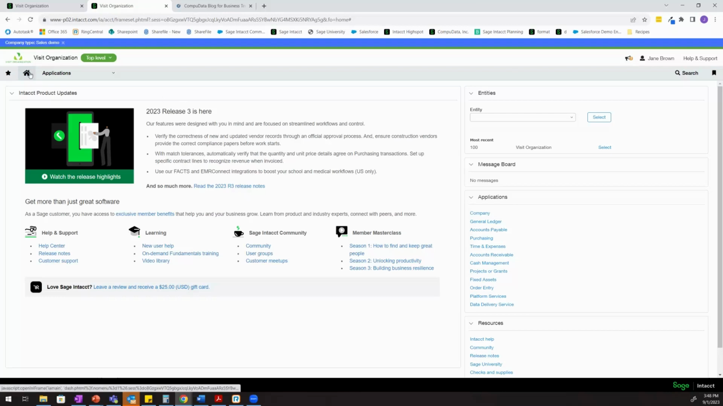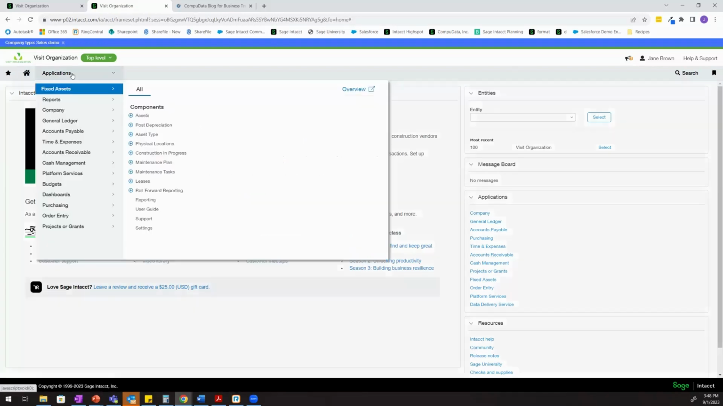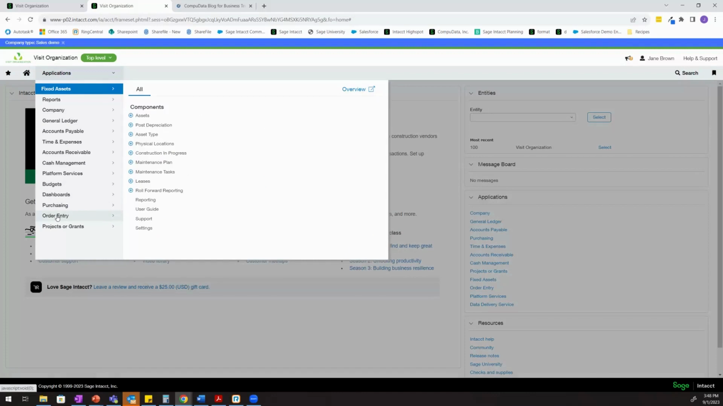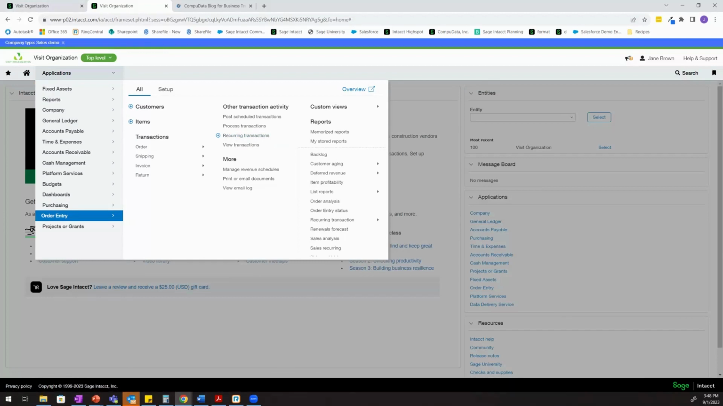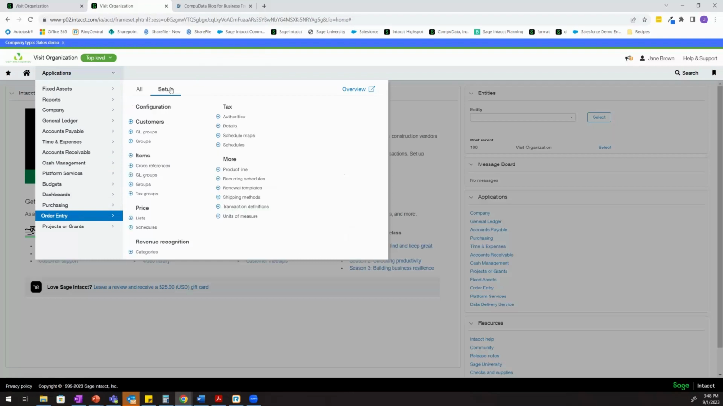To start, I'm going to come out to my home screen in Intacct and navigate to the order entry module. The order entry module is where I'm going to live for the majority of this demo, and it's where I can build out my revenue recognition templates and then invoice my partners who are paying for annual memberships. So the first thing we'll do is come out to order entry, setup, and revenue recognition